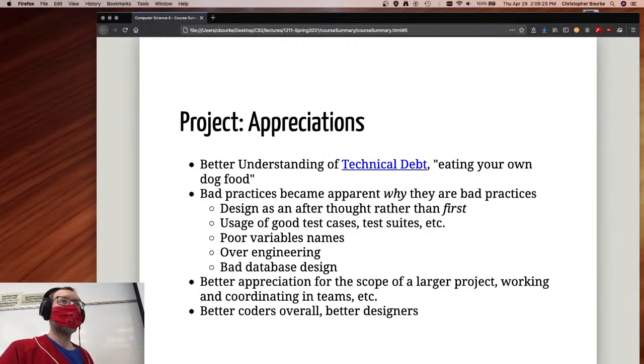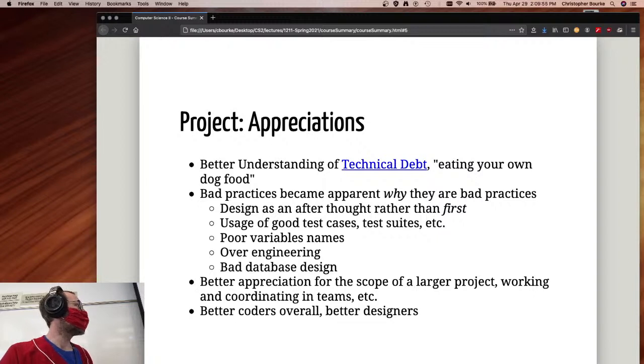That either means you're paying interest in that you're always fighting your own bad design, or you are going back and refactoring it, redesigning it so that it's correct by using more time in the future, right? Or eating your own dog food, basically. If you make a bad meal and it tastes like dog food, then you've got to eat it, right? You can't just serve it to other people.